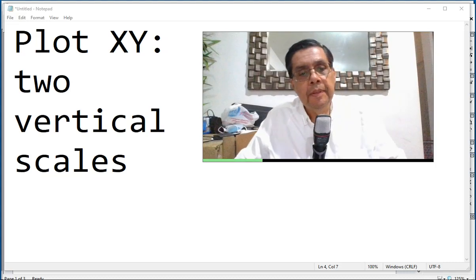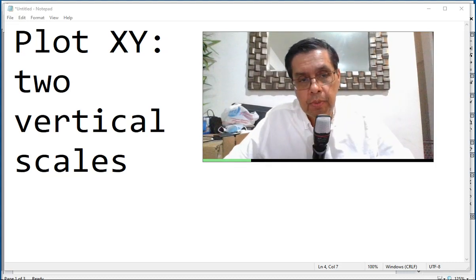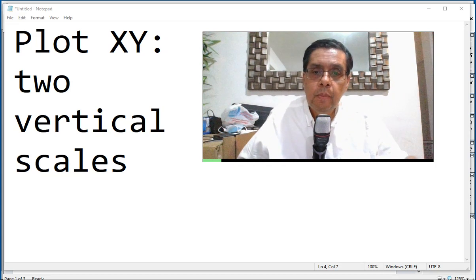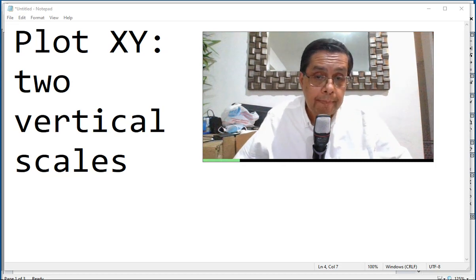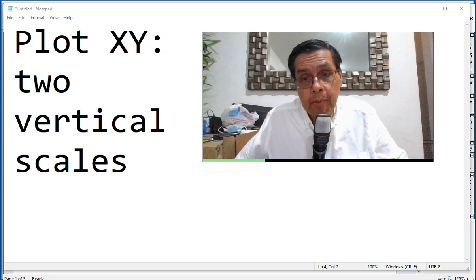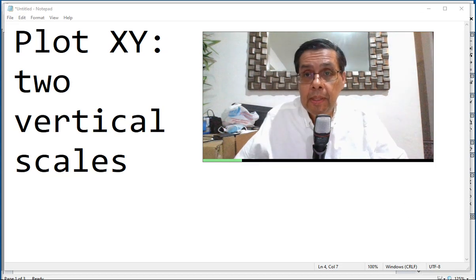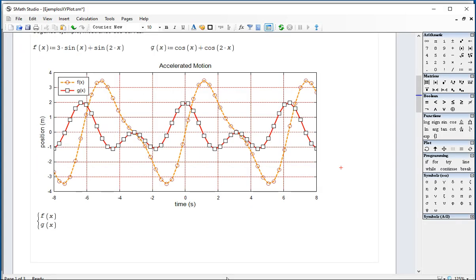In the present video, we're going to discuss the use of two different vertical scales when we're plotting two or more graphics or two or more plots in the same graph. For that purpose, we're going to use an example that we presented earlier, which is these two functions